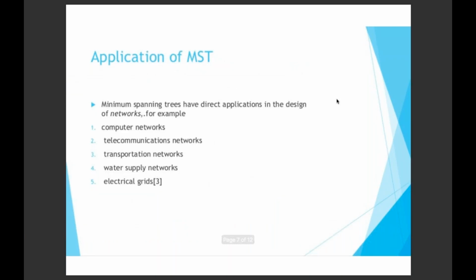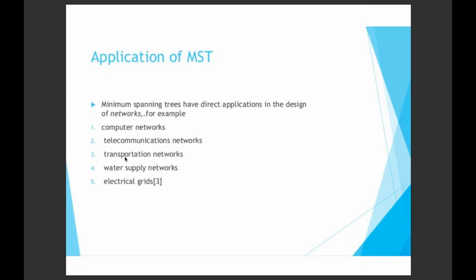So computer networks is one of the major applications where graphs are implemented. These data networks, the networking part, how the packets flow from one router to the other router. Telecommunication networks, so how your voice calls are placed, how data is transferred. Then the transportation networks, water supply networks, electrical grids. Of course, when I say transportation network, we're talking about maps, the Google Maps. So these are the various applications where MST is